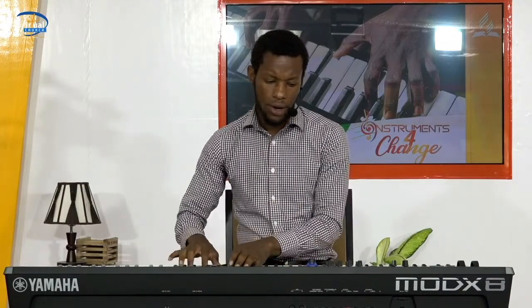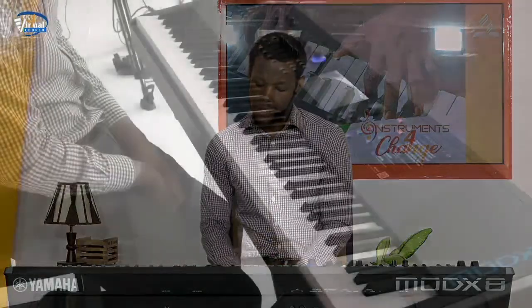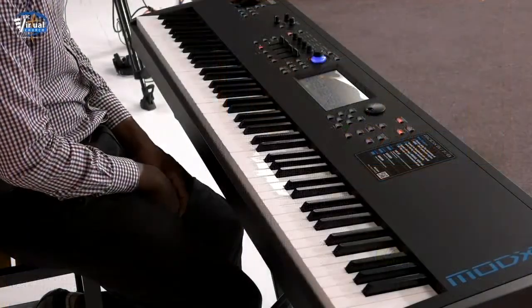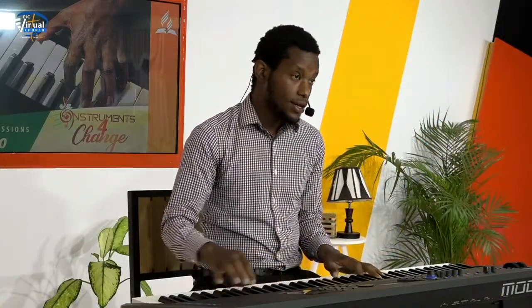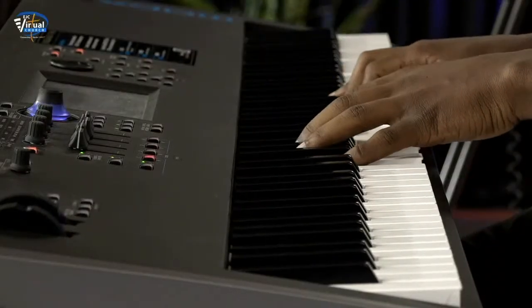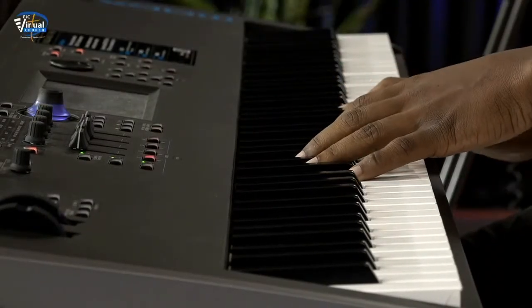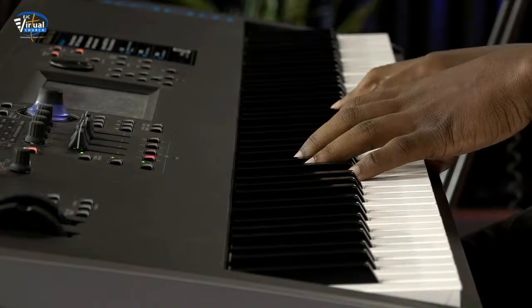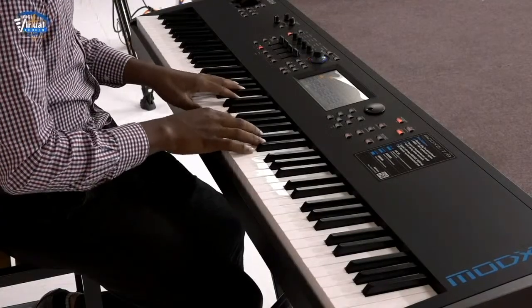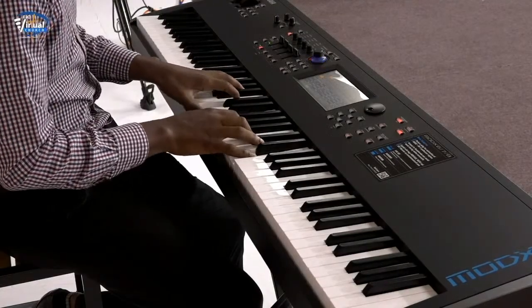Let me just play back that exercise, which is just major 7 chords. Okay, C major 7, C major 7 going to F major 7. So C major 7 is C, E, G, B, going to F, A, C, E,